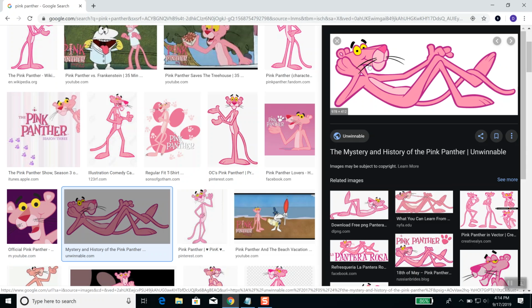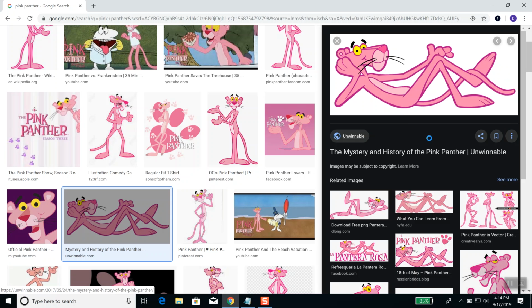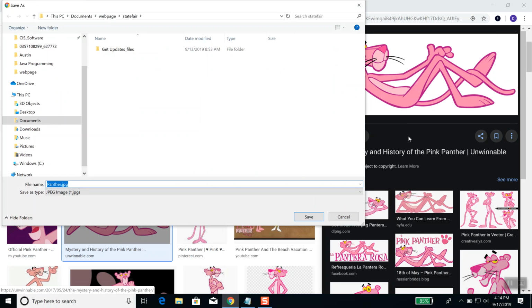And we're going to see this applies to other items too, but if you have an image on your screen, if you right click on it, you'll see there's a save image as. Now if you click that,